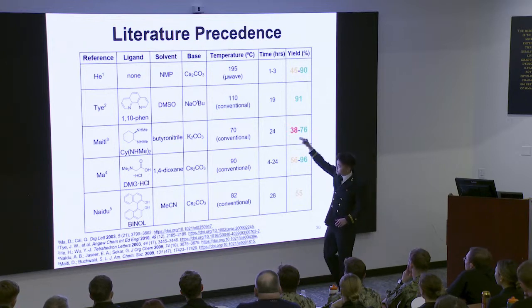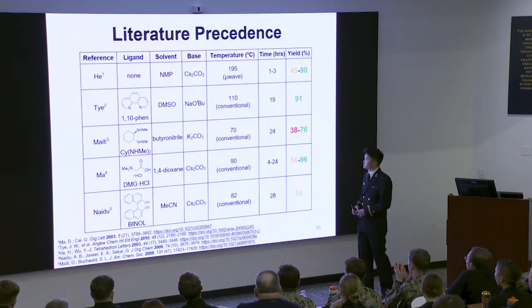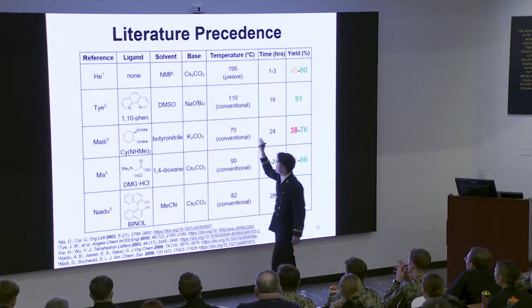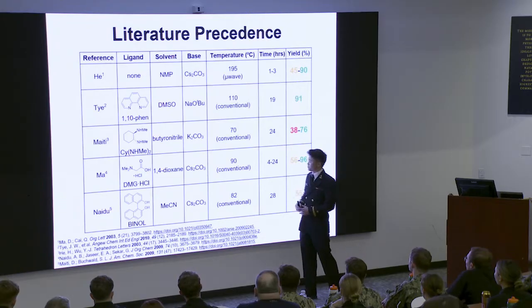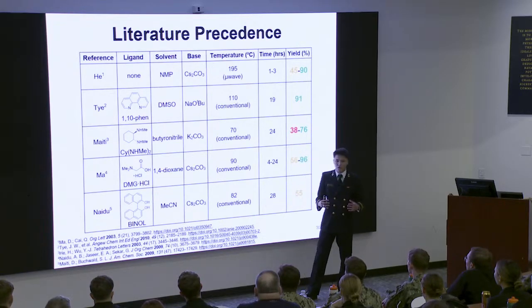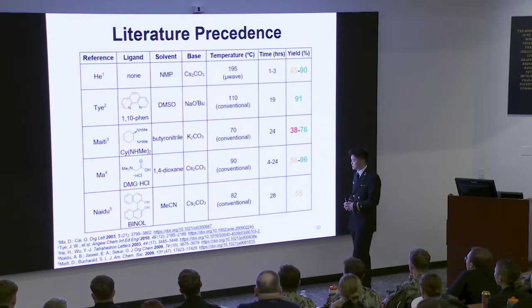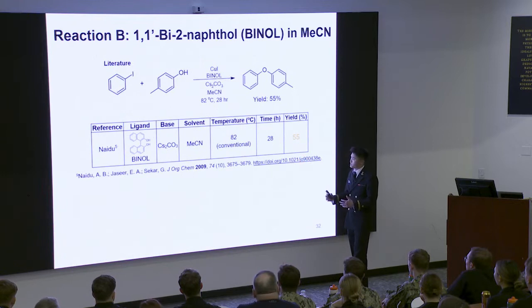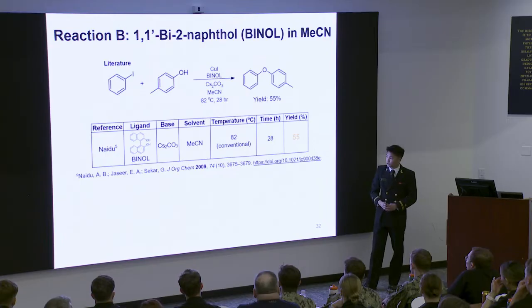This table summarizes the various reaction conditions that we found in literature, which produce successful product yields. As you can see, we investigated various ligands, solvents, as well as temperatures for reaction conditions. Additionally, most of these reference conditions were run under conventional heating, whereas our methodology is interested in using microwave heating. There is one reaction condition which did use microwave heating. But an example of how we converted and adapted this reference reaction to our purposes under microwave heating is the use of 1,1-bi-2-naphthol or BINOL ligand in acetonitrile.